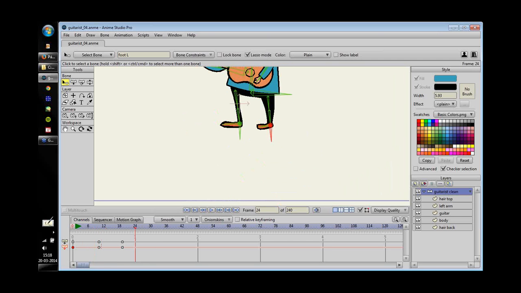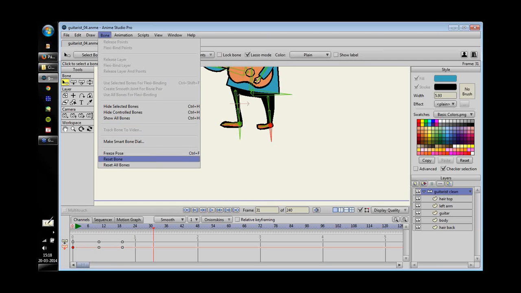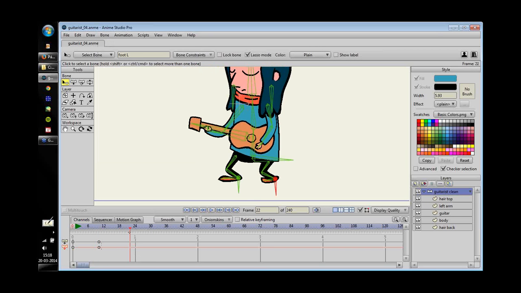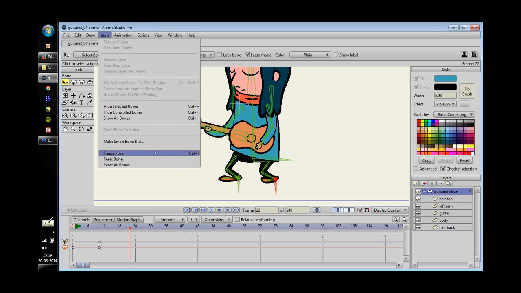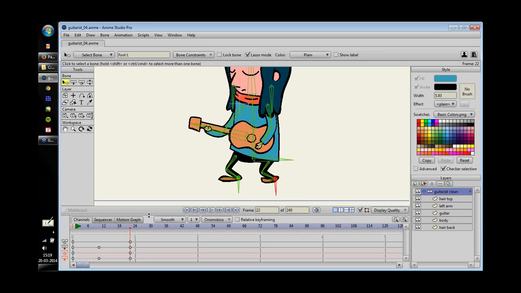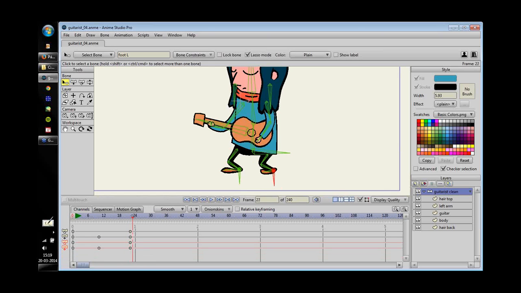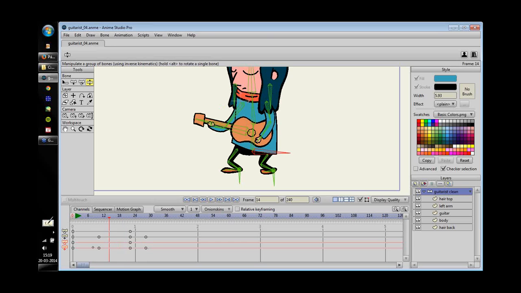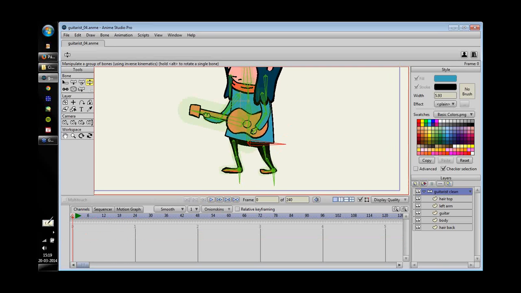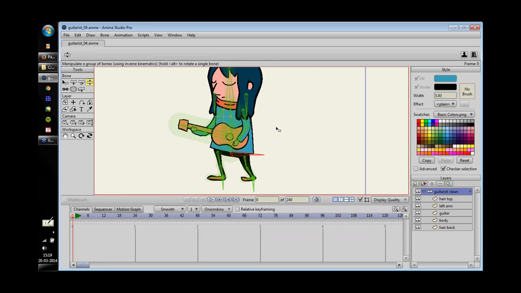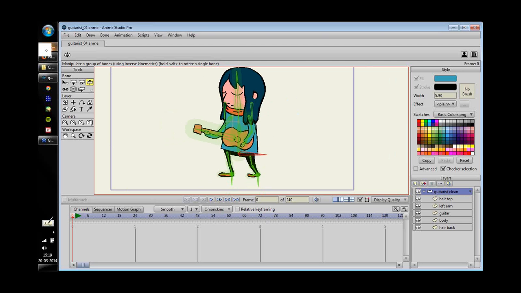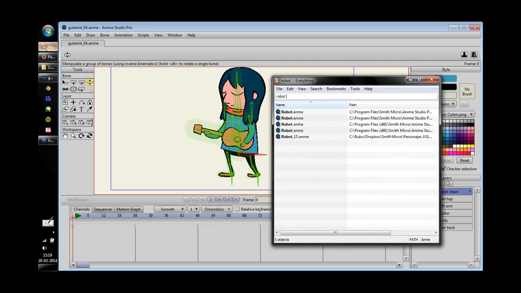I most of the time prefer to use the freeze pose option to be sure every bone has keyframes here. So for example, if I freeze the pose here, I am sure the bones have keyframes here. Okay, so it is a very useful menu. Okay, so we have our character with the legs setup. So this is the very basic setup for legs, and you can check, for example, if I check the